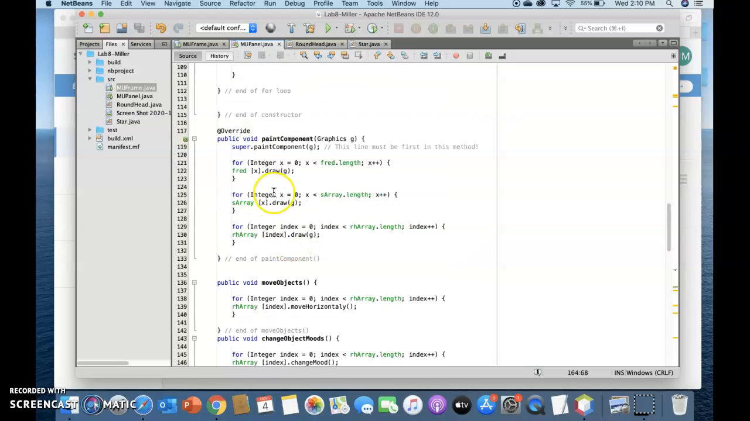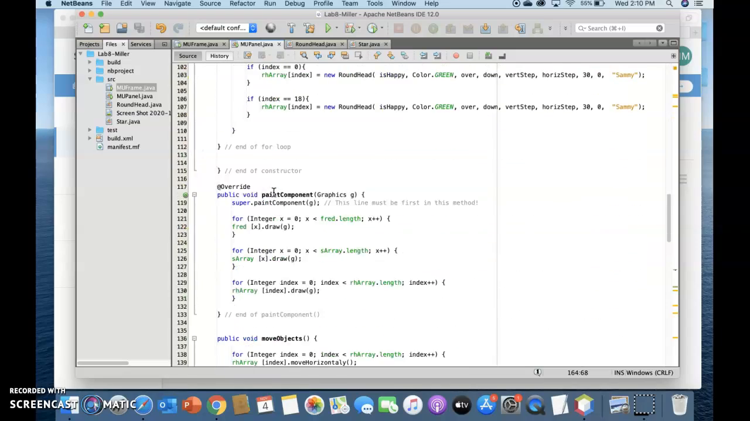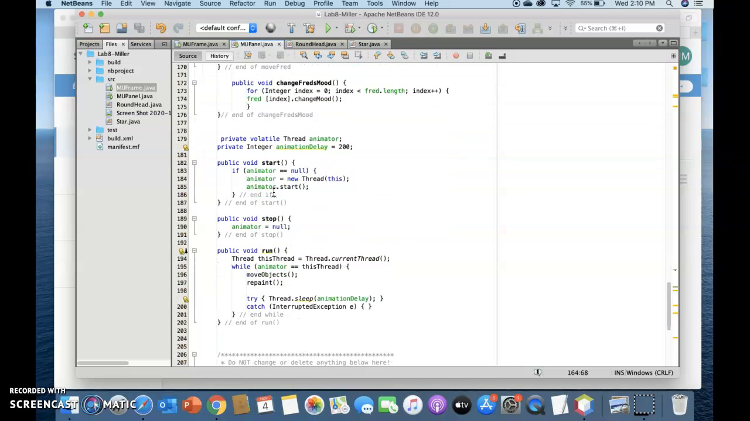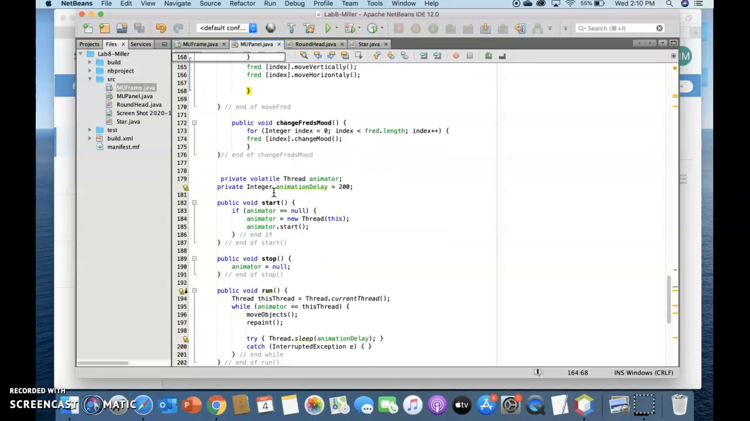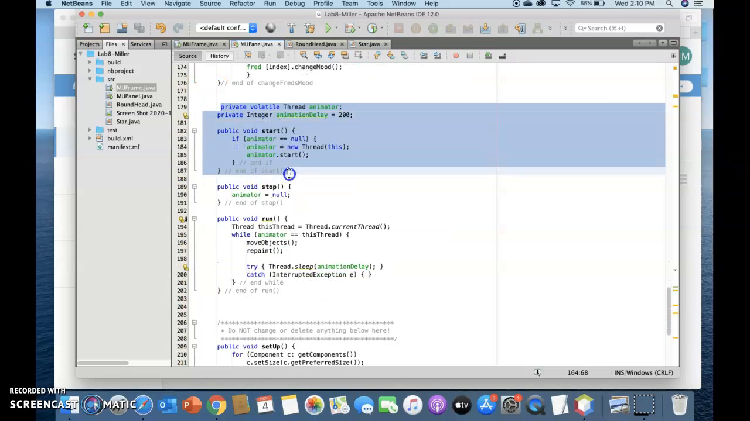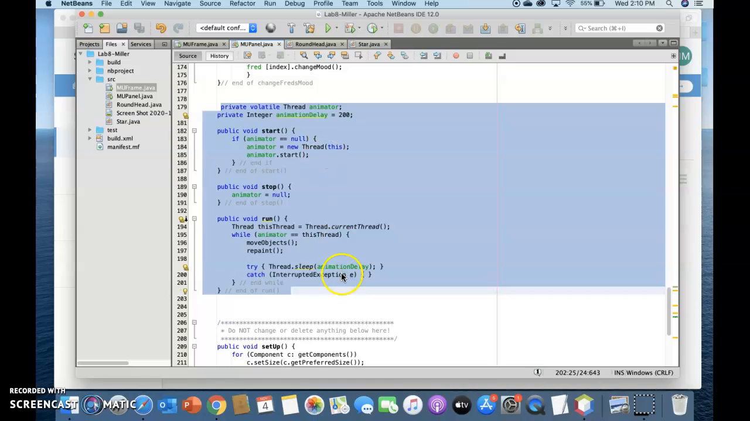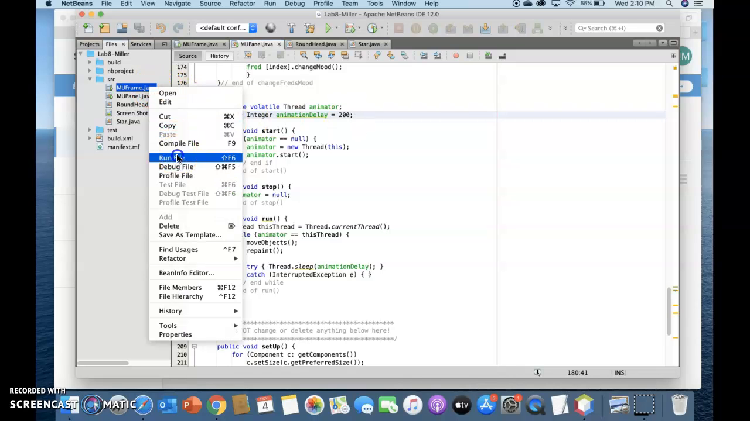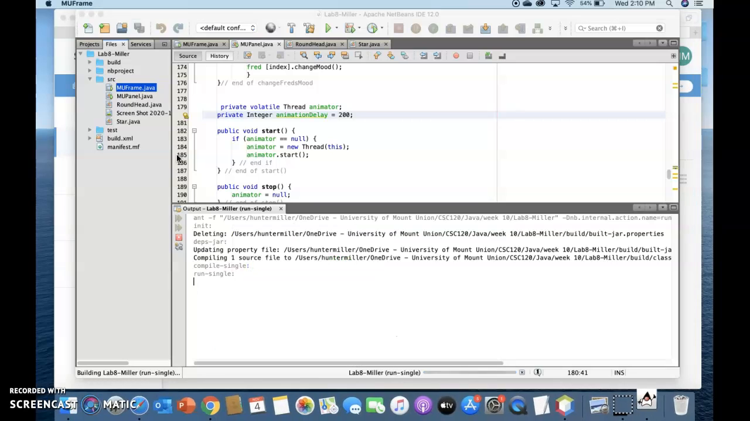My second enhancement is going to be the animation. And here's all my code under the animation. Private Thread animator, private int animationDelay, and right here is the speed of the animation. So 200, it's going to be slow, and the lower the number, the faster it will go. For example, if I run my file here,